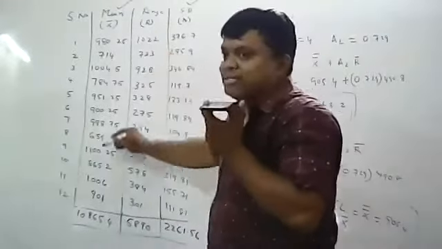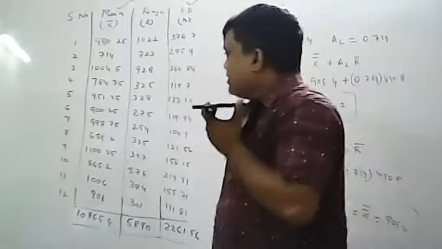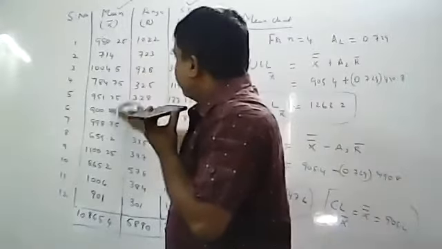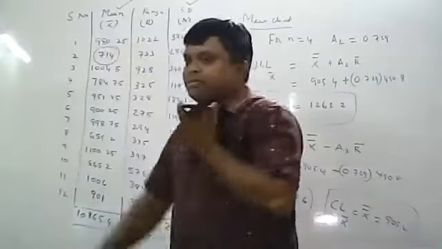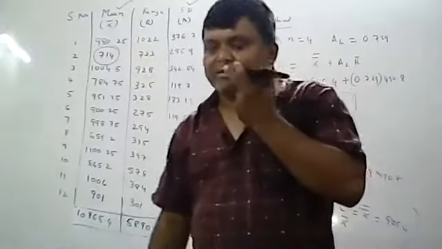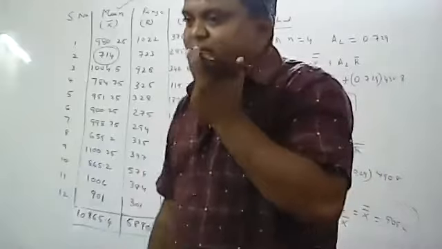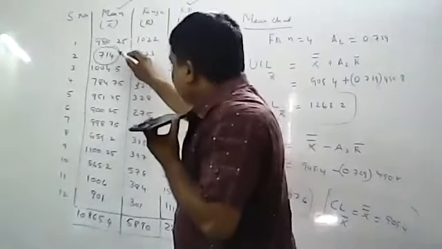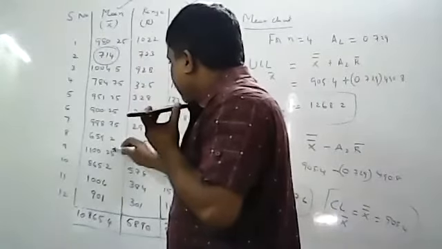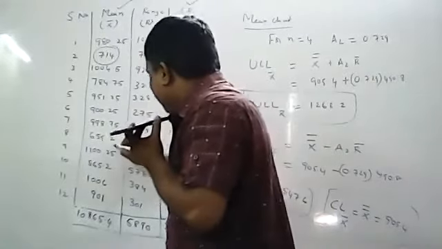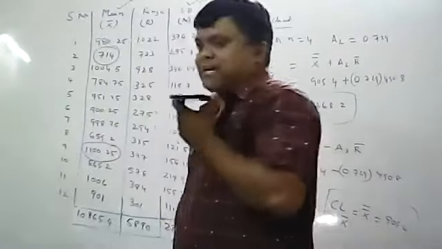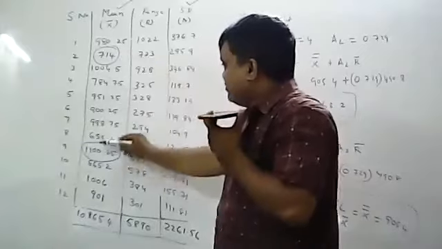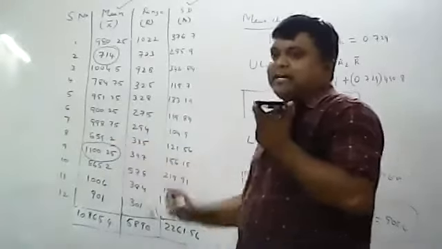These are the mean values, and tell me, identify the minimum value. What is the minimum value here? In mean values, what is the minimum value? I think 714. 714 is the minimum value. So first you have to identify what is the minimum value and what is the maximum value in mean. Minimum value is 714. Identify the maximum value. What is the maximum value here? Maximum value is 1100.25. This is the minimum value, and 1100.25 is the maximum value.